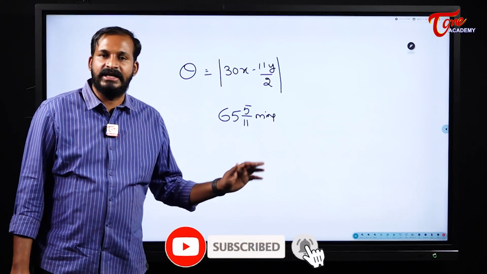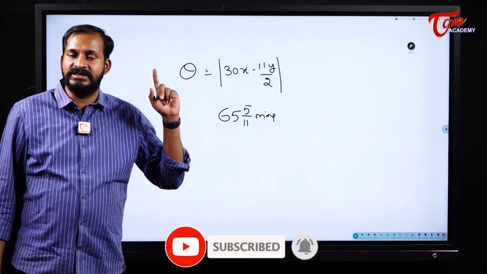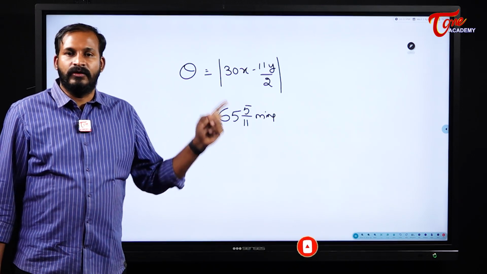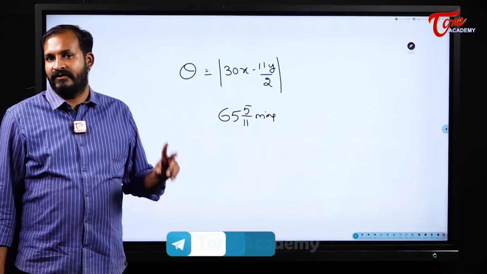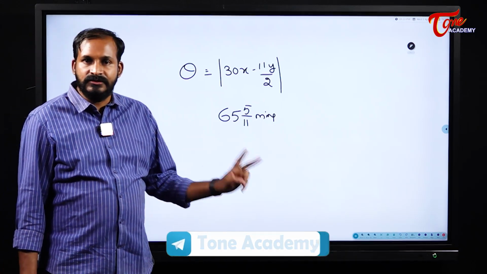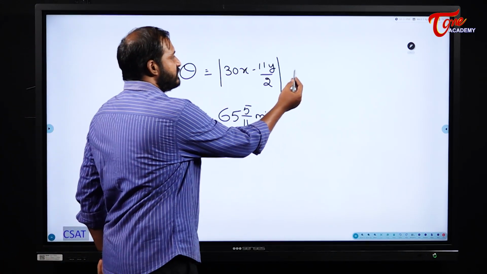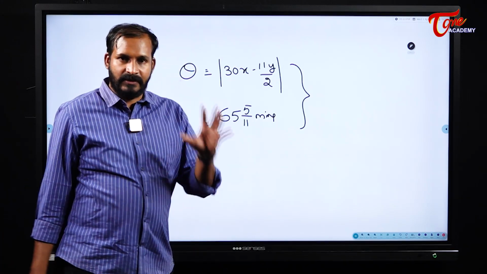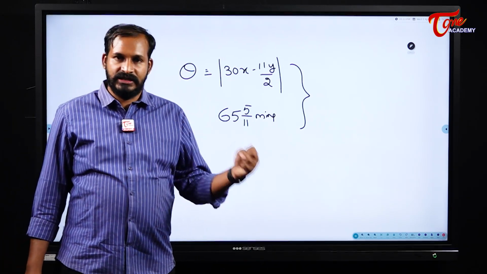If they coincide in a time less than 65 5/11 minutes, they will lose time in a day. If they coincide in a time greater than 65 5/11 minutes, they will gain time in a day. Understood? So these are the two major things. In our next session, we will see some problems and also the previous year's